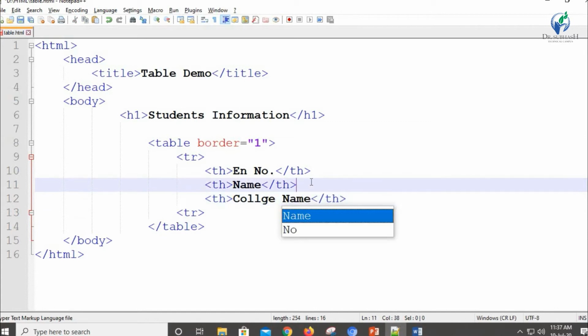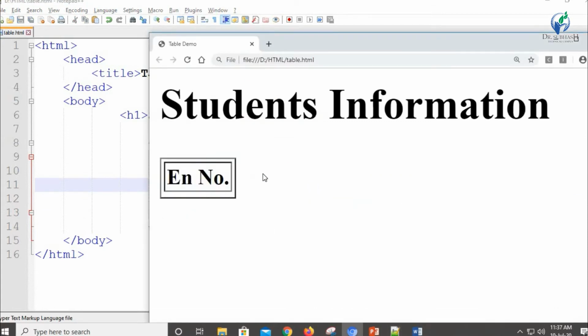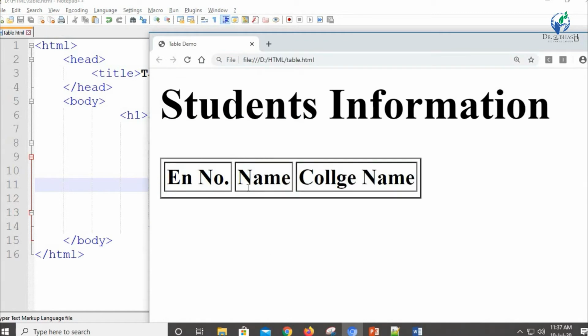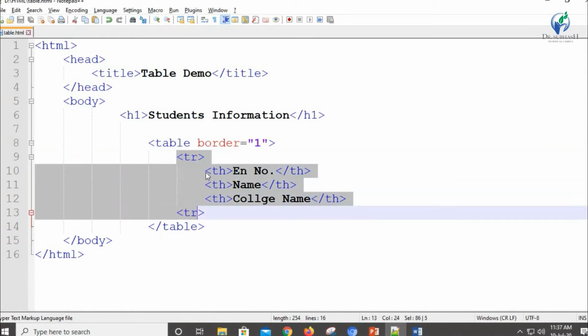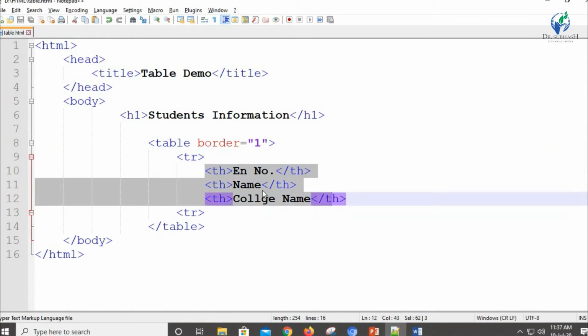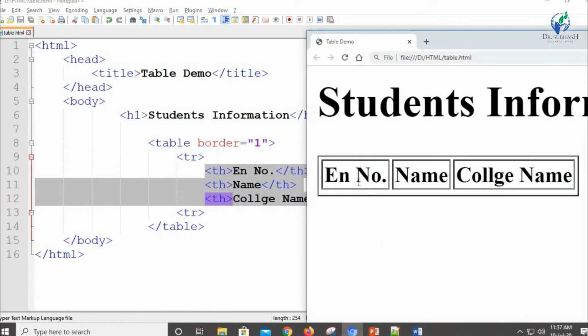Okay, now we are going to save, and again we are going to refresh. So you can see that this table will contain one row and 3 cells. The first cell contains enrollment number, the second cell contains name, and the third cell contains college name. So here you can see we have 1 tr, inside that we have 3 th. So the th will have the text in bold and center aligned.